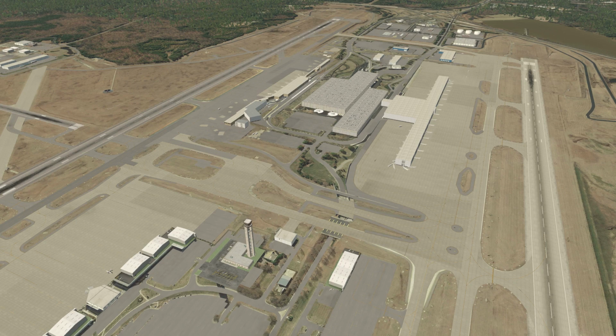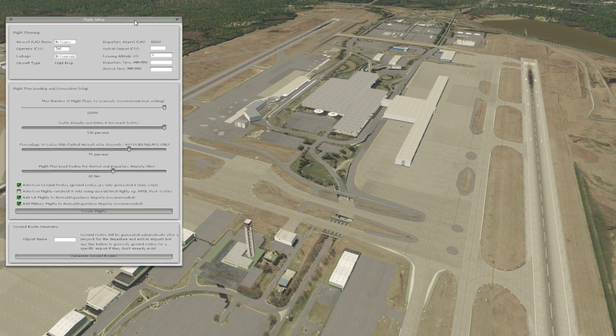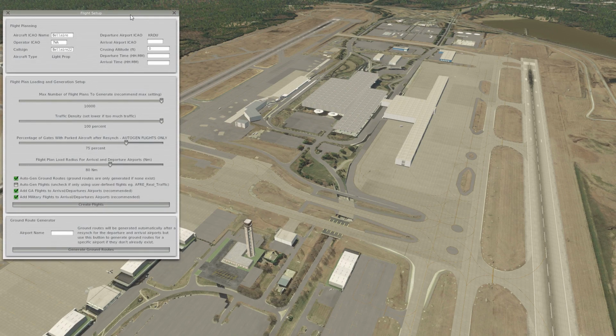So the first thing that we need to do is bring up the plug-in, and when we're satisfied that we have all the sliders set the way we like it, then we'll click on Create Flights. And what happens next is a little bit scary the first time you do it, because it really brings X-Plane to a halt. The frame rate pretty much goes to like 0, and it takes a couple of minutes for it to finally build the